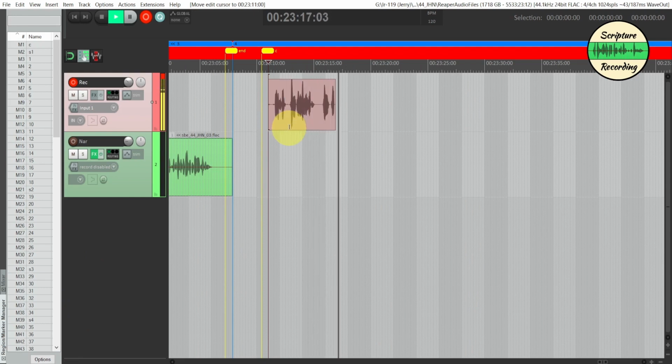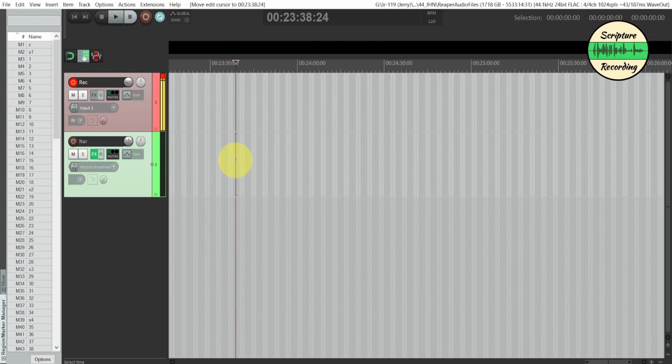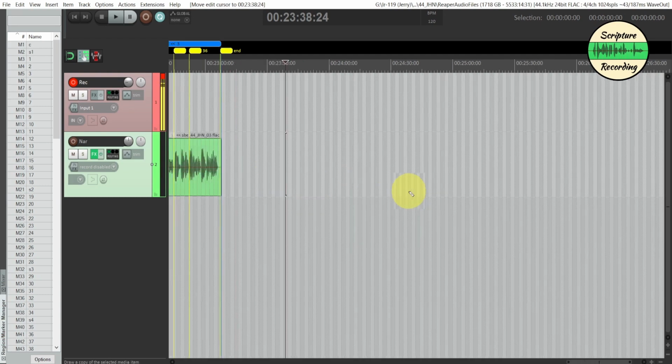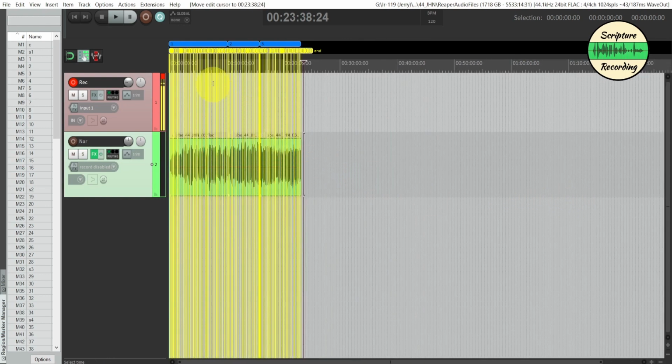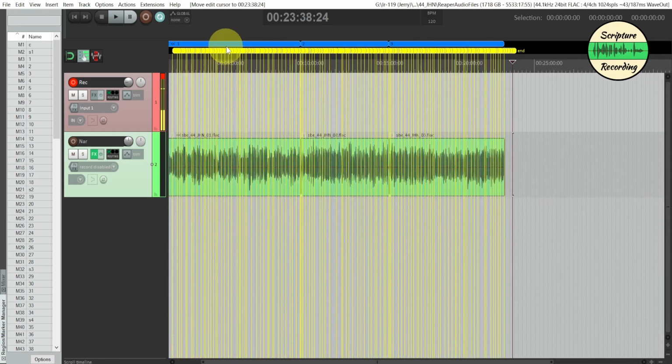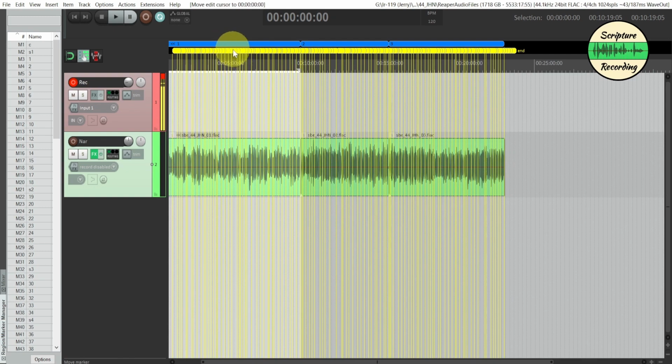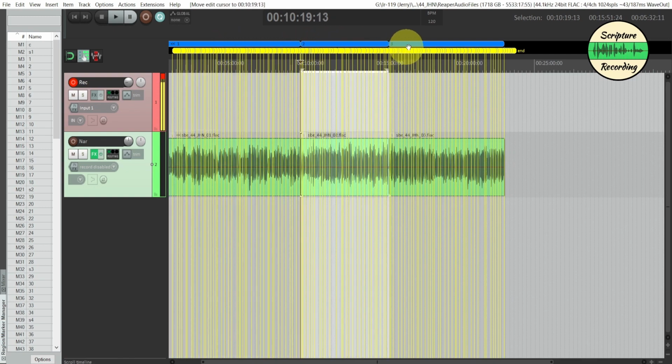As I told you, we record all the chapters in one project file. If you are going to do a chapter per project file, you can skip some of these steps, but I'm going to show you here we have the book of John, and here I have, zoomed in really tight, chapter 1. So I have a region for chapter 1, a region for chapter 2,